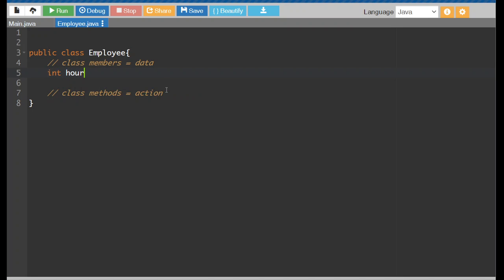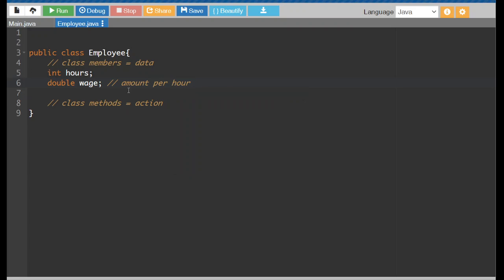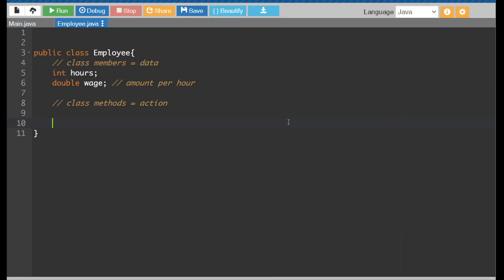Well, we're going to need to know how many hours they have worked. So we're going to make an int hours here. And then we'll have a wage. So this is how much money they make per hour. So this is amount per hour. Okay. Now, in terms of the methods, the actions they perform, the only one that we're going to create in